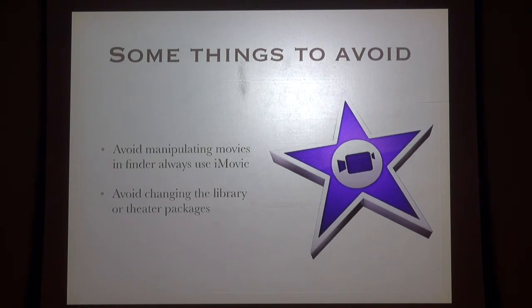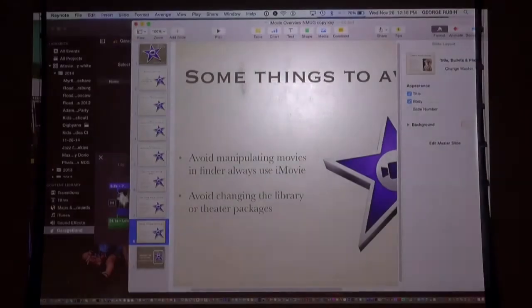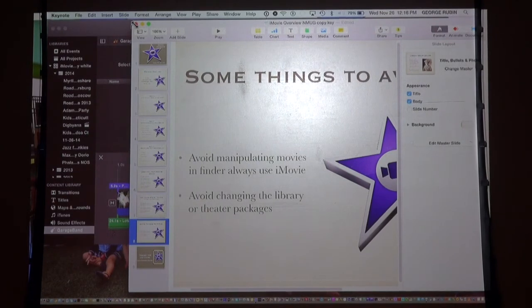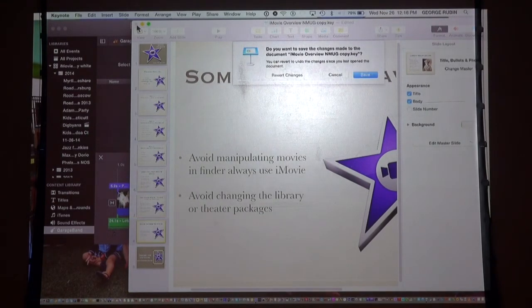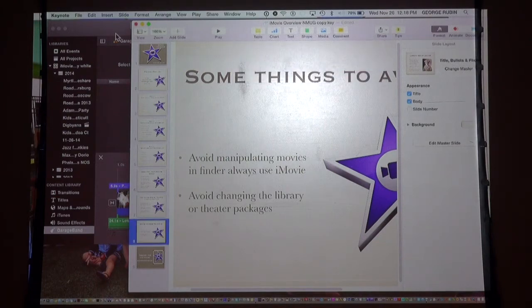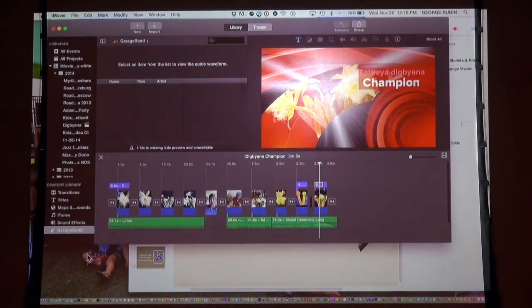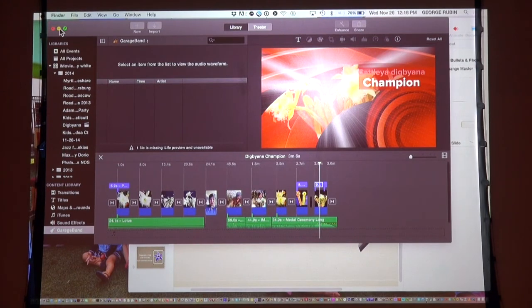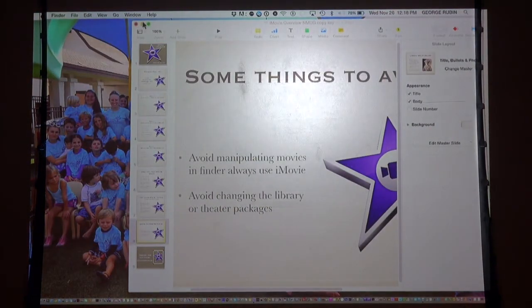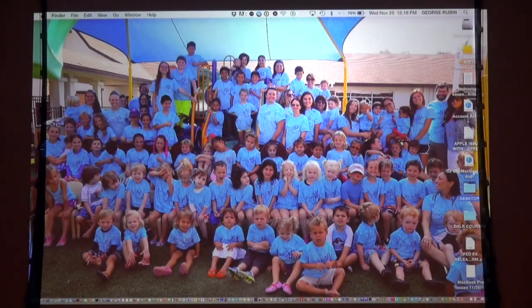And secondly, there are two things called packages. And packages are, I'll try and show you here. Packages are the way iMovie stores